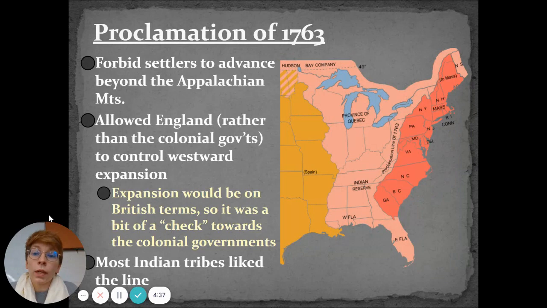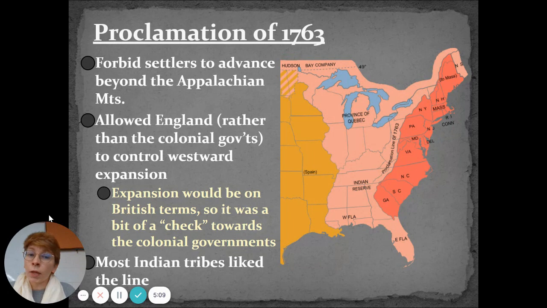After the war, they also put in this line right down here, this edge. I don't know if you guys can see it. The Proclamation Line of 1763. It essentially said, don't go anywhere behind the Appalachian Mountains. That is going to be land for the indigenous people, the Native Americans. Britain said, don't go any farther because y'all will get into fights, and we don't want fights anymore.